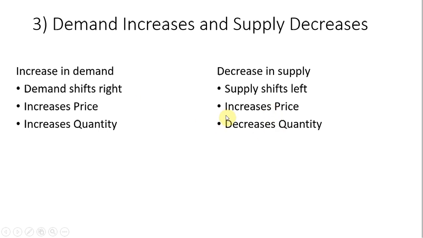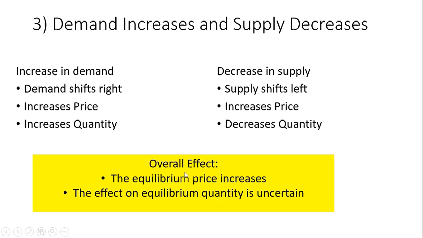What do these two effects taken together have in common? The higher price. So in this particular case, we can only say something meaningful about the price. The equilibrium price increases, but as for the quantity, we don't know. Could go up, could go down, could stay the same. So the effect on the equilibrium quantity is uncertain. And in our last example,